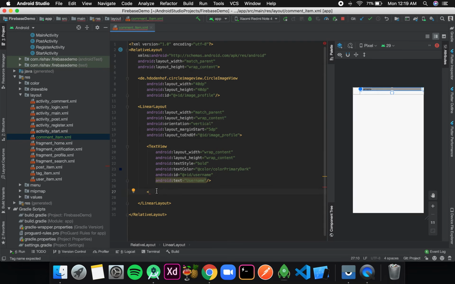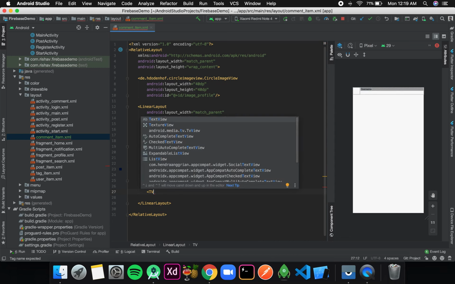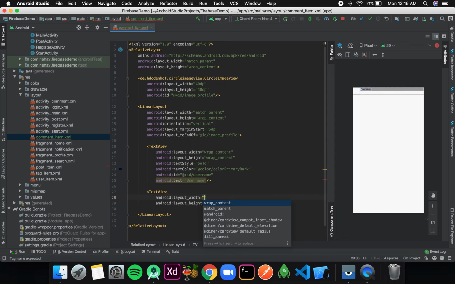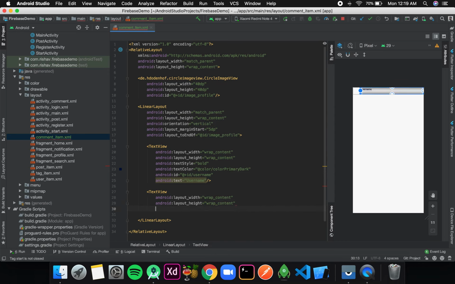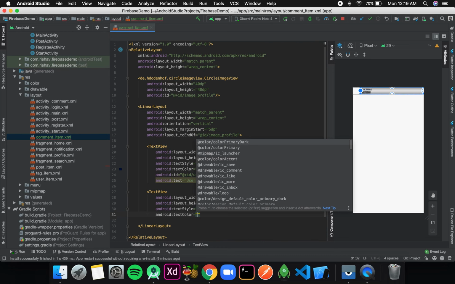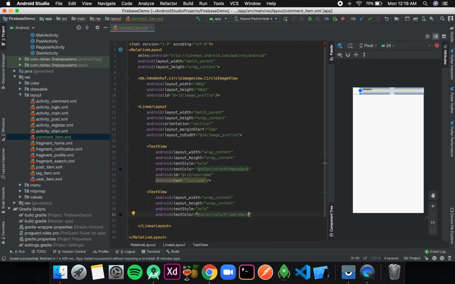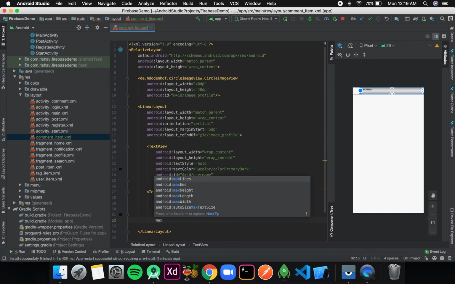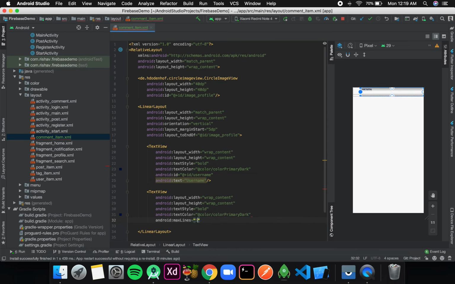Then over here we will have another text view. The width is wrap content, height is wrap content, text style is bold, text color is color primary dark. And we can set max lines, let's say 5.